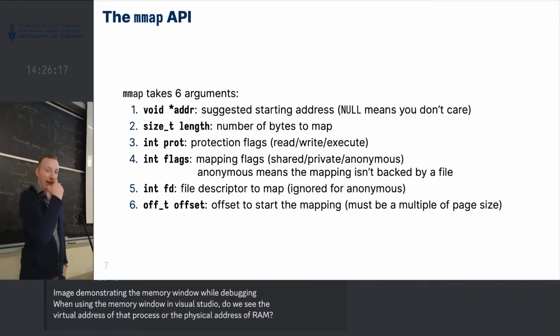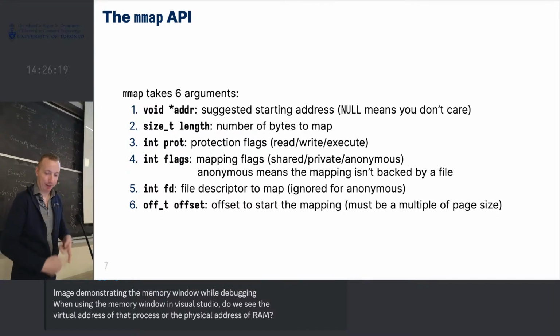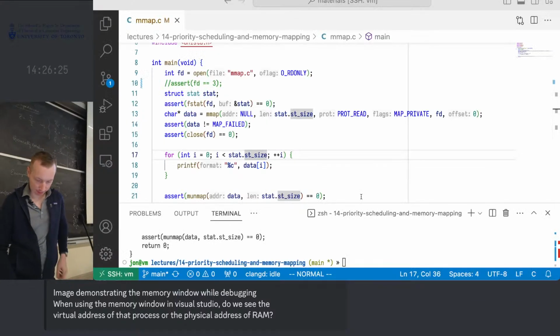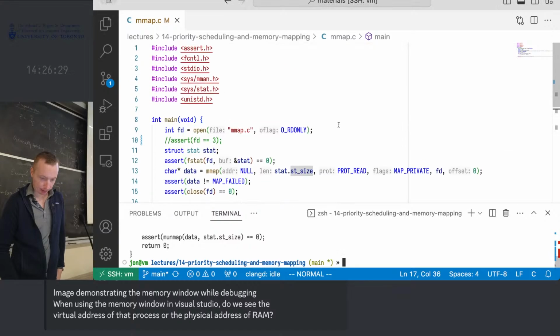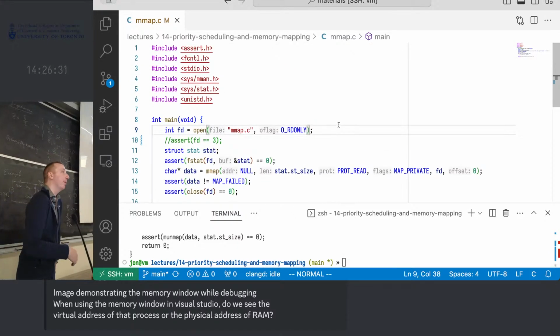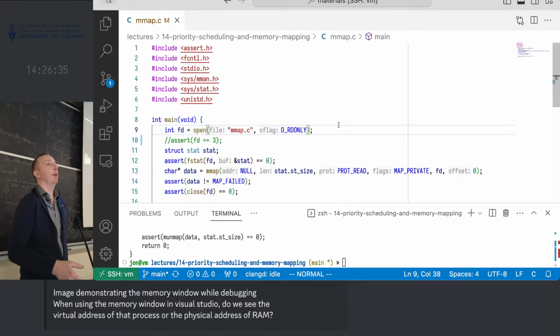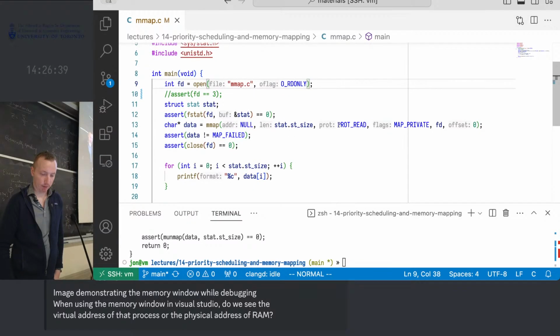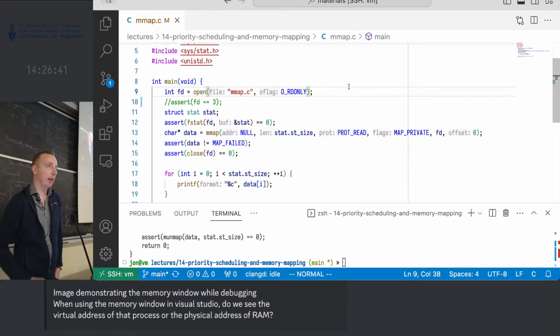So this mmap system call takes like 6 arguments. We can just dive into an example instead because this is fairly boring. So let's just go into a fun example. So in here, here's an example. So remember whenever we were opening a file before, well, if we wanted to read the contents of a file and shove them out over standard out, well,